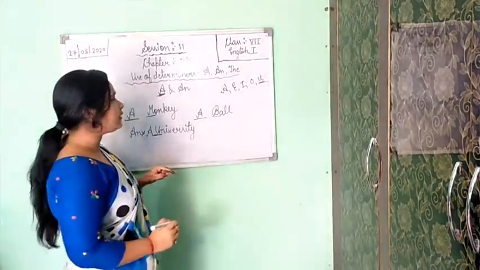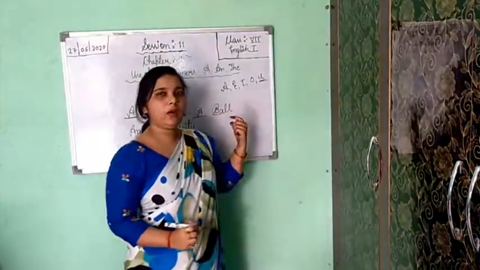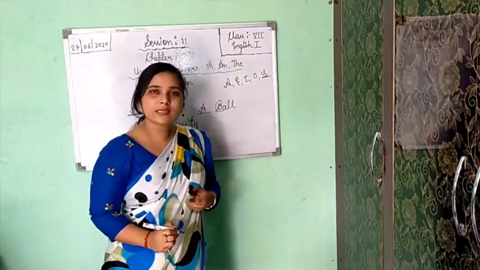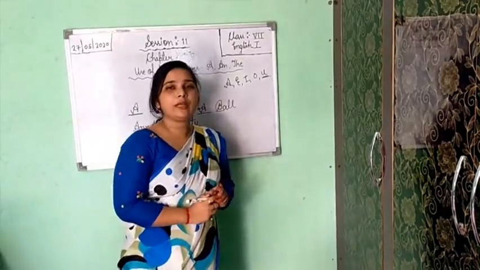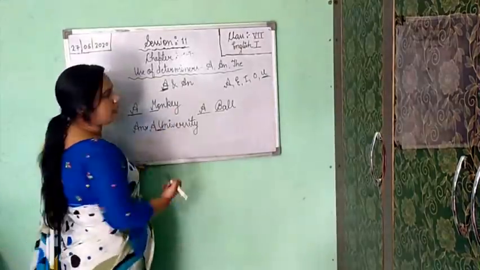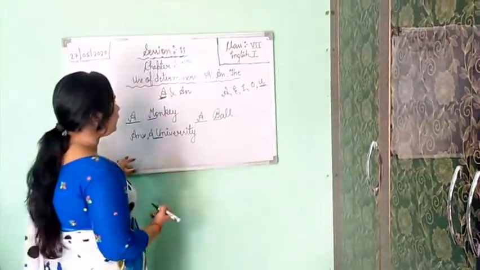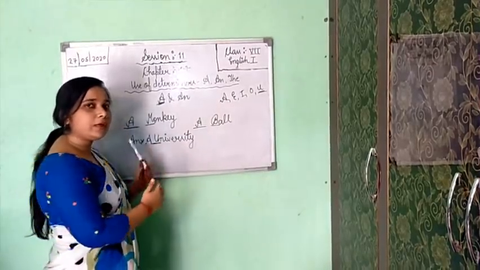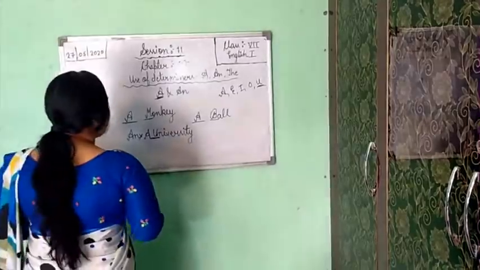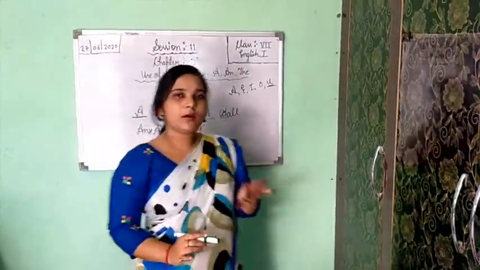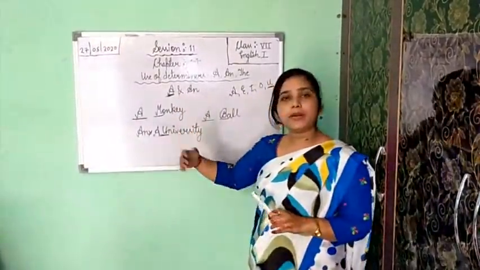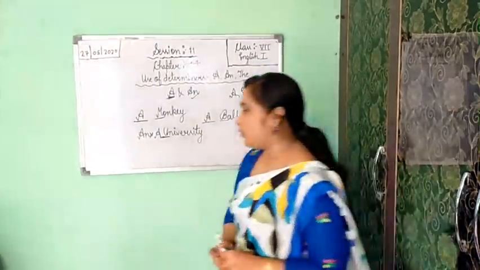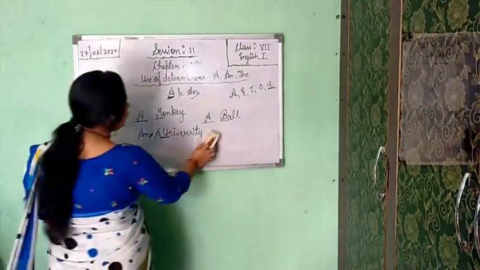Okay. So always remember, for putting A or N, always first see the pronunciation. First see the sound, then only put. Don't only see the first letter which you are getting, otherwise it will create confusion. Always see the sound, the pronunciation, then put A or N according to that. If you are getting consonant sounded words, you will put A. But if you are getting vowel sounded words, you will put N.